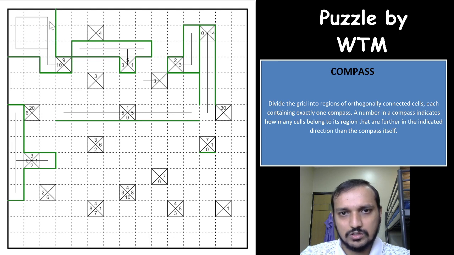I'm not good at drawing these. For the 4, it can be anywhere in the top, but you need to use this cell somewhere, which means it has to be in the straight line. You cannot block the area here. These three will take only exactly these three cells, because we have not counted anything more than 3 for this clue. So